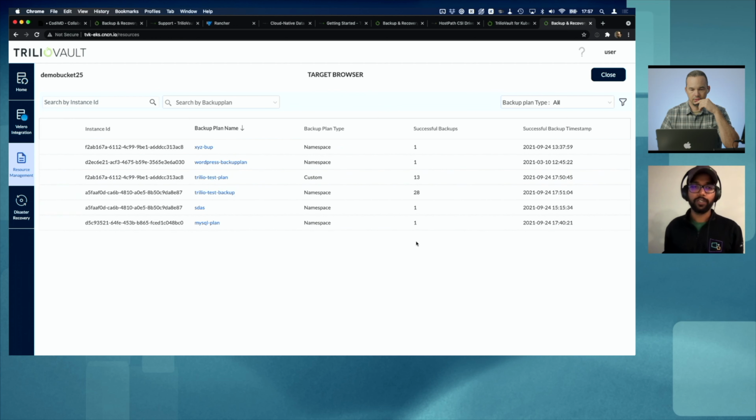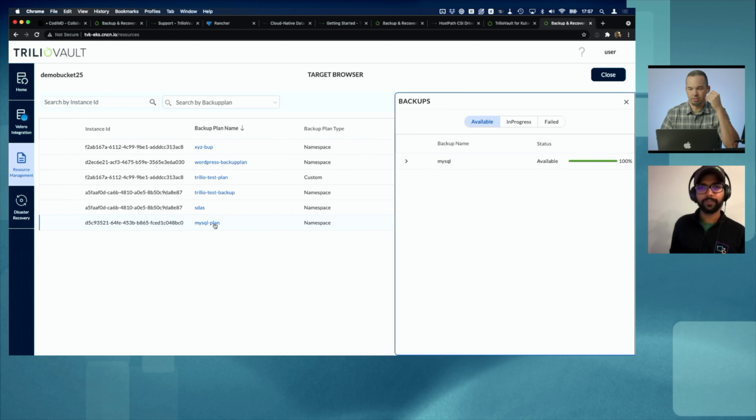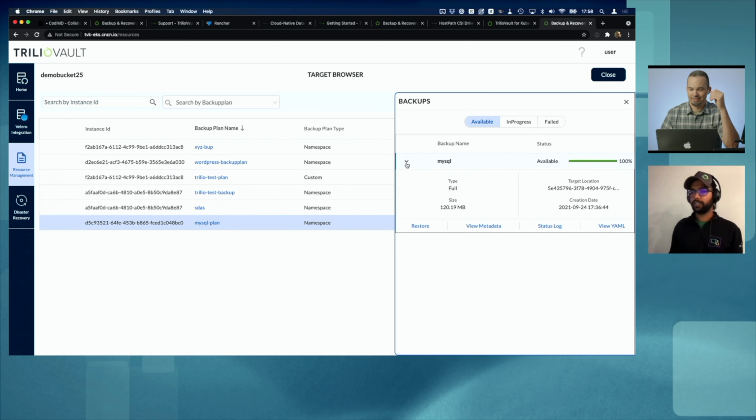And it should show you all the captures that we had. So we should be seeing the MySQL plan, I believe, or which one was it? No, that was it. MySQL plan. That's the one we created. MySQL. Okay. Yep. Now we can restore this into